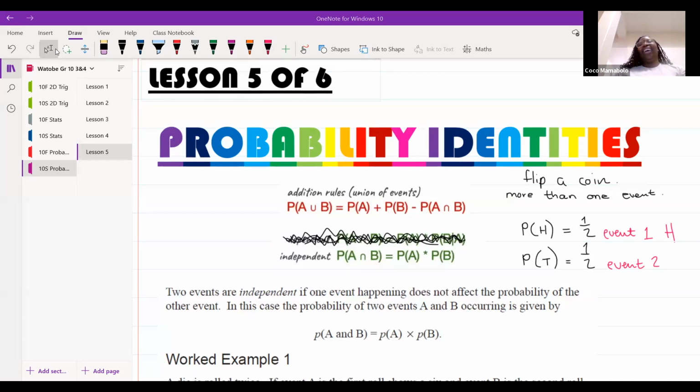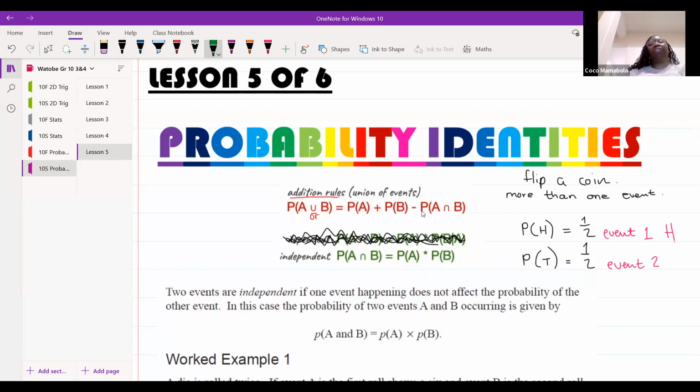Okay. All right. So we're going to learn two formulas. If you have not written them down yet, please make sure that you do. The first one we're going to learn is the addition rule. The addition rule goes with the union, or as we call it, or. If we ever see an example where we're looking for the probability of something or something else, we're going to use this.